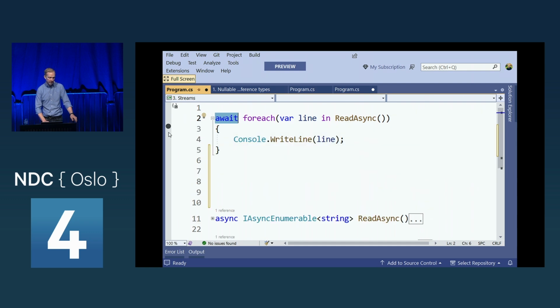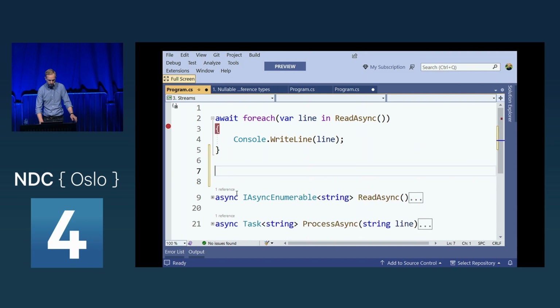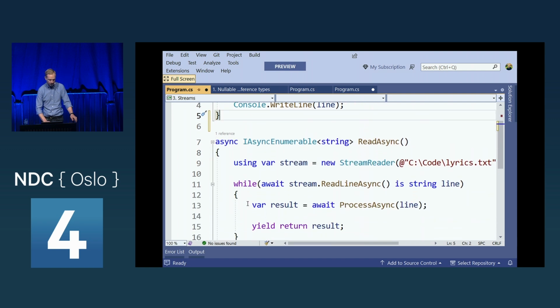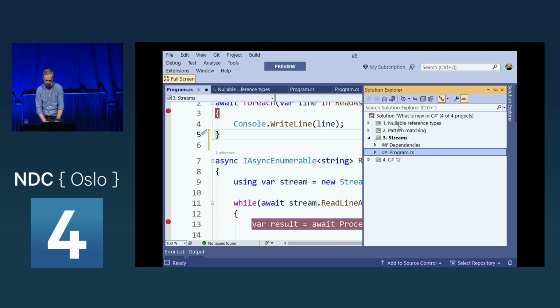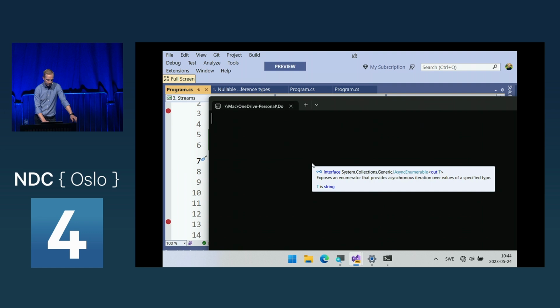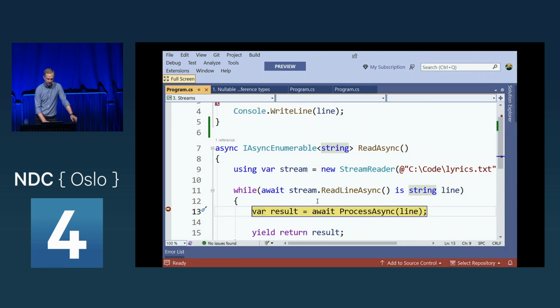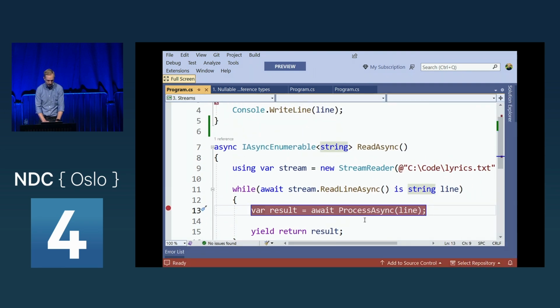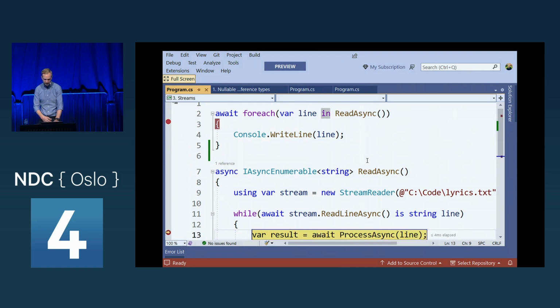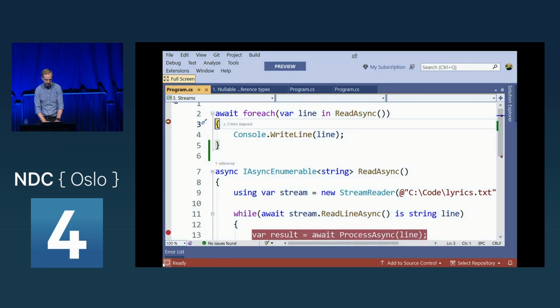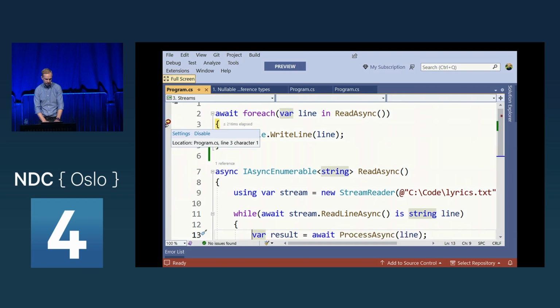So I can put a breakpoint in here, and I'm just going to print that to the console. I'll put a breakpoint inside the while loop, and I'm going to run this with the debugger attached, just to make sure we run the right project. And you'll see here that it starts reading one of the lines, and then we get up into the foreach loop. It processes this. I could choose now to not continue, break out of the loop, and that would stop reading from the stream. But then when I want to read the next element, it goes ahead and reads that, comes back to my foreach loop when that element is available.